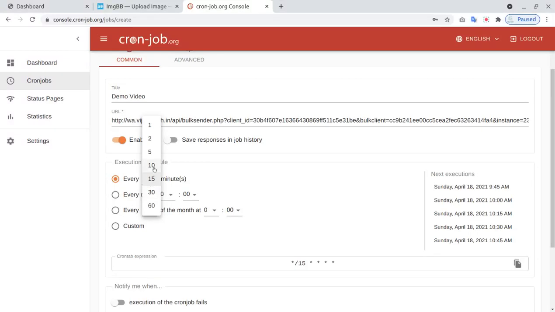I suggest using 10 minutes or 15 minutes, because if you call it every 1 minute, your server will become very busy. And if you select 60 minutes, then you need to send a lot of messages in 60 minutes. There is a high chance that if you send a lot of messages on WhatsApp, your number may get blocked. If you are sending 200 messages within an hour, there is a chance because you never sent before.